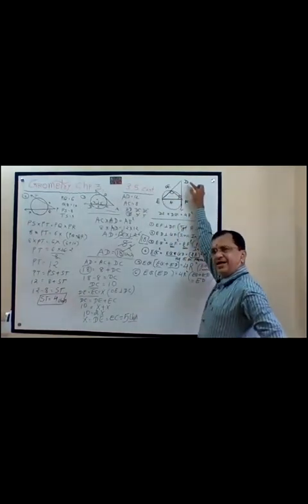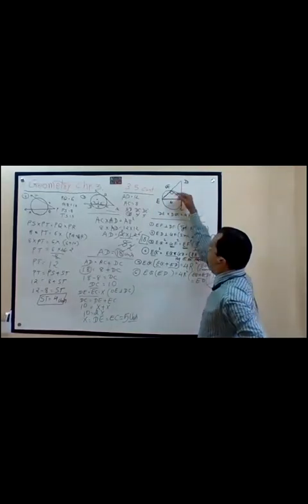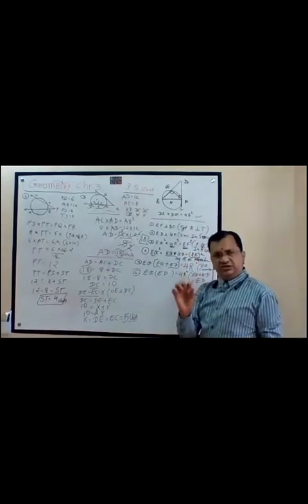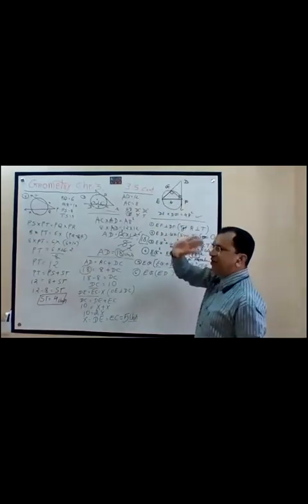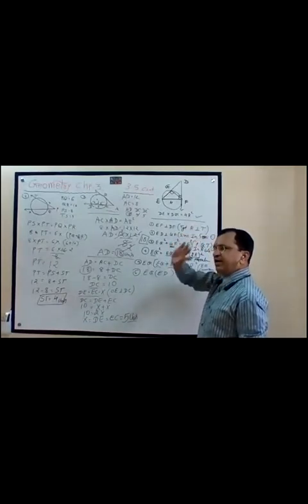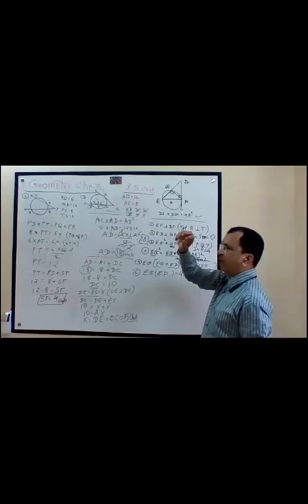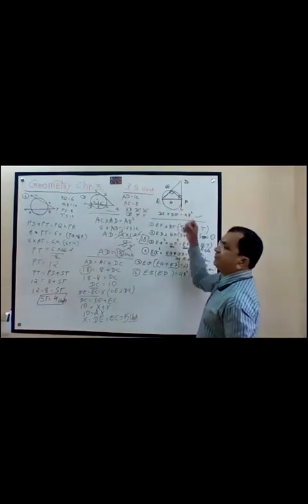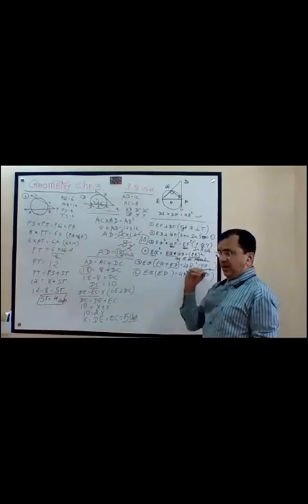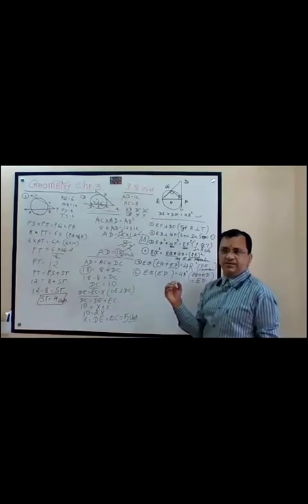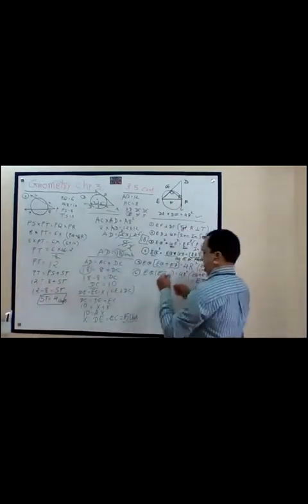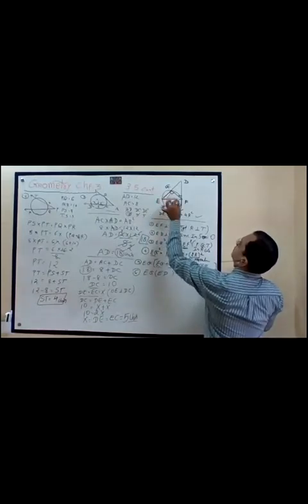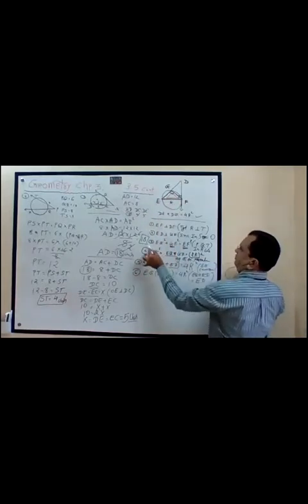This I have taken 90 because of the tangent radii perpendicular theorem. I have taken this also 90, both 90 not given. We are taking by theorems. EGF is 90 because inscribed in half circle. That is 90. Then I have taken this small triangle. So this is 90. So square of this plus square of this is equal to square of this. This I have written.